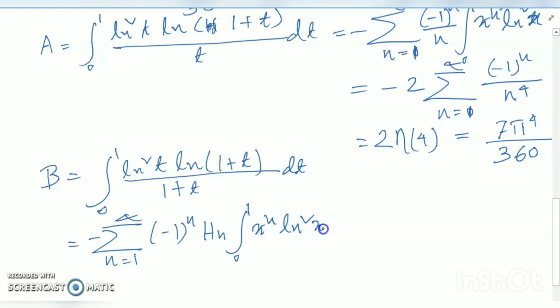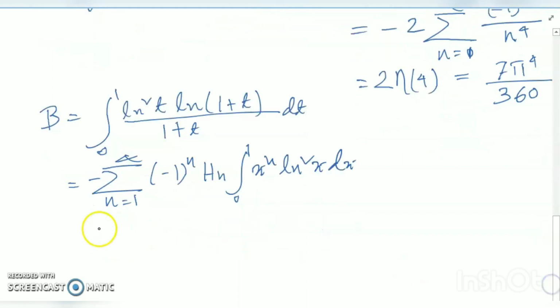Okay, this is the simple formula, friends. How? Because you know this formula is the basic formula. Ln 1 plus t divided by 1 plus t is equal to summation minus 1 to the power n, n equals to 1 to infinity, hn x to the power n, is equal to ln 1 plus t divided by 1 plus t. Okay, so this formula I used, and now